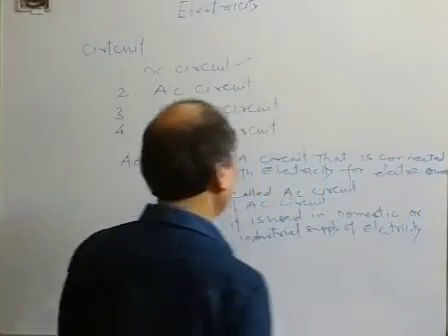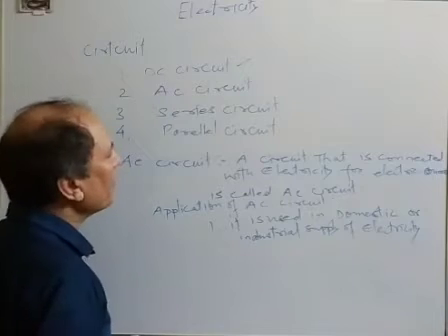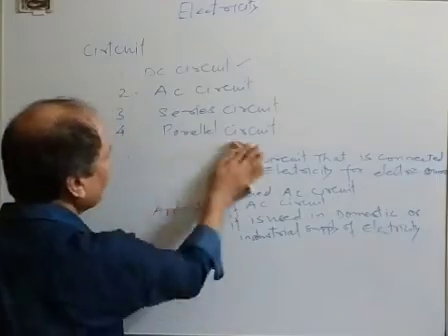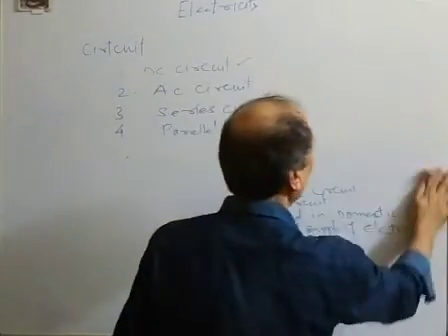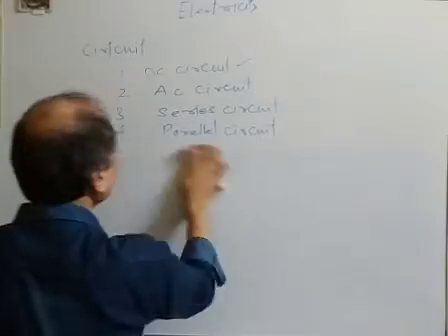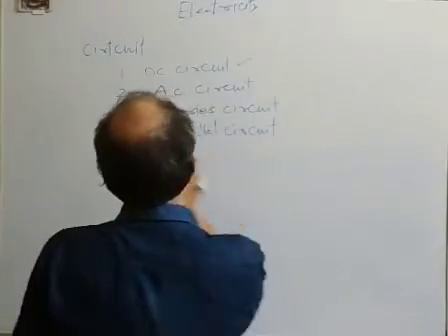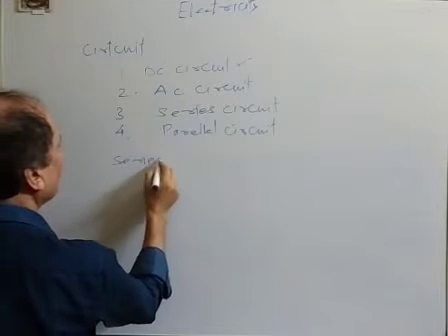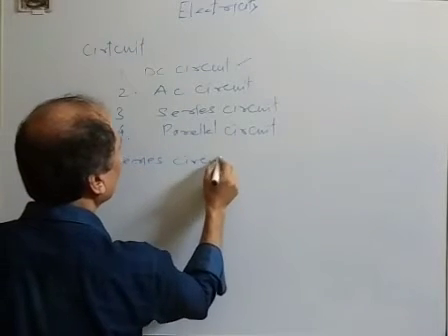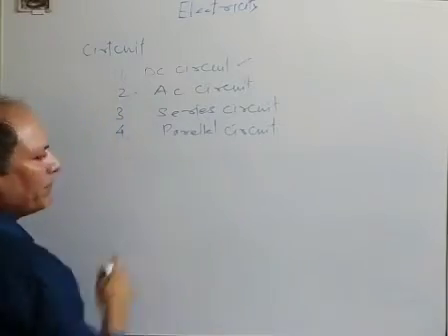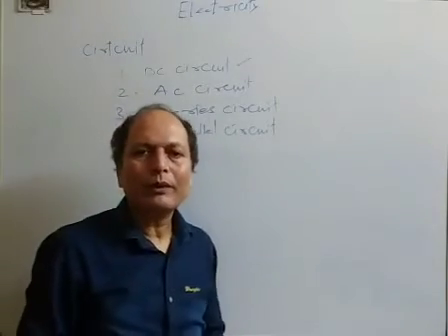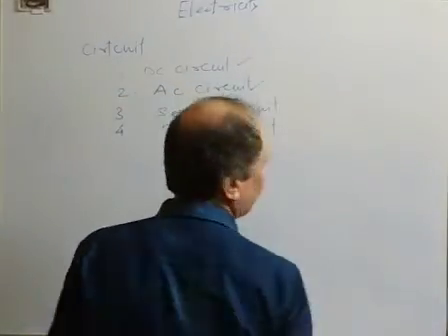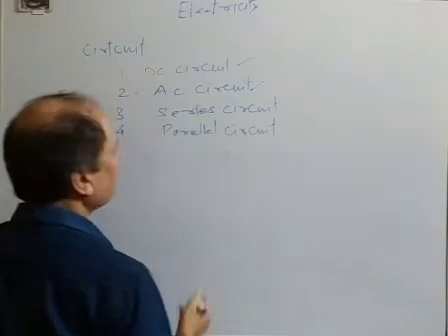So after that, it was the second type of circuit. Now the third circuit we will see here, that is the important circuit, the series circuit. But previously, before the series circuit, I want to give you the symbol and notation of the AC circuit. So see about the AC circuit.